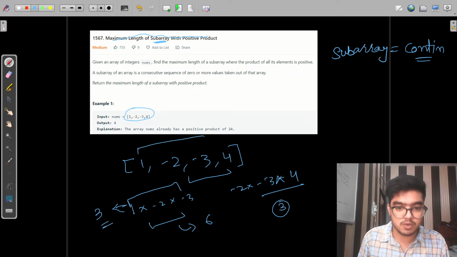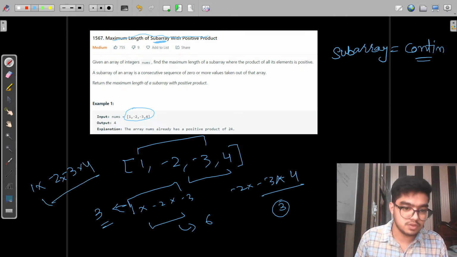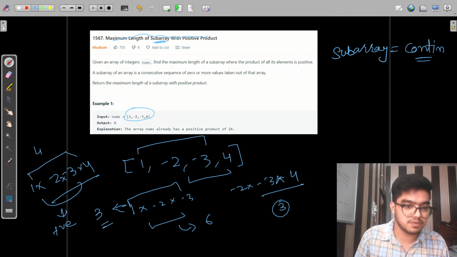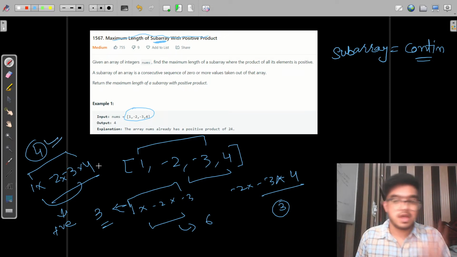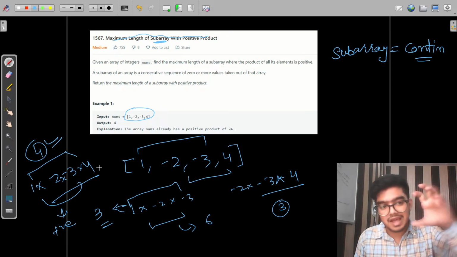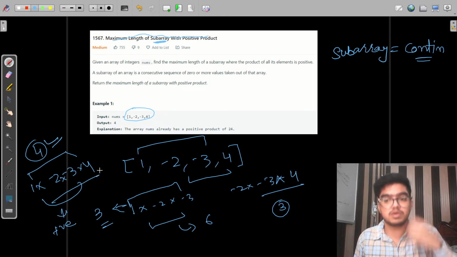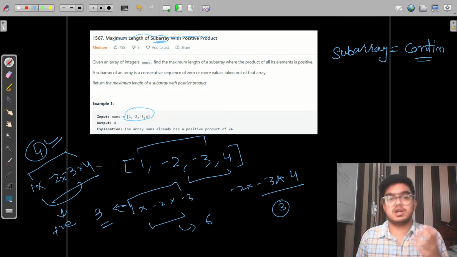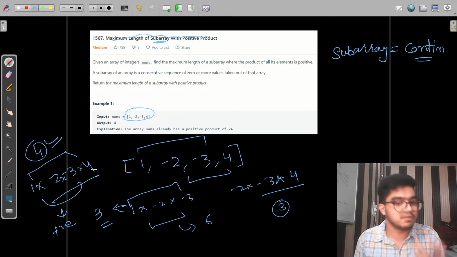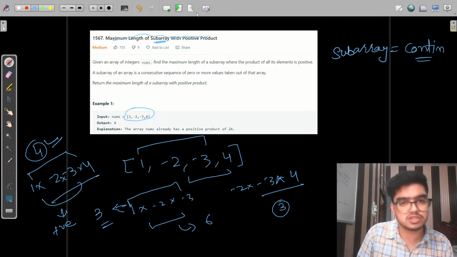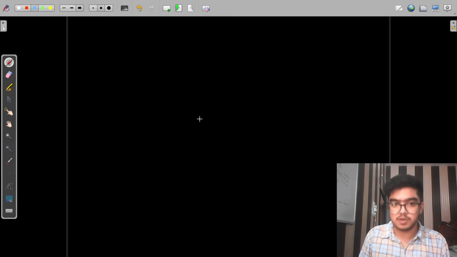And if we take the whole array, 1, minus 2, minus 3, 4, the product is also positive, and the number of elements we take is 4. So the maximum number of elements we take in order to create a positive product is what we have to return. I think this should be clear. Okay, so let me explain how we can solve it.